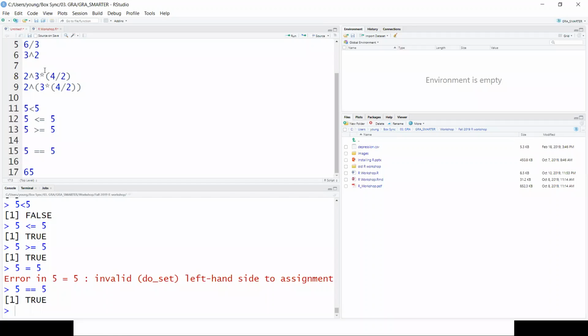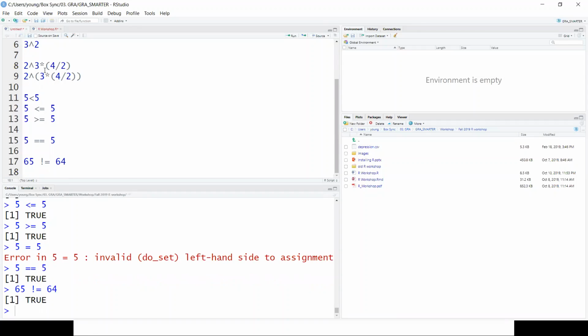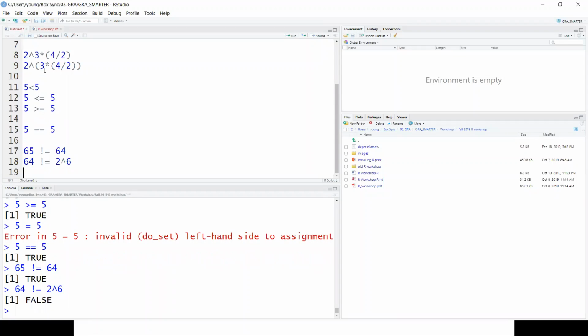For not equal, we cannot put a not equal sign in R, so we use this sign: the exclamation mark and then equal is not equal here. So see, this is true. And then we can do something like this. Instead of just putting 64, we can use 2 to the power of 6 and it'll work too. False.